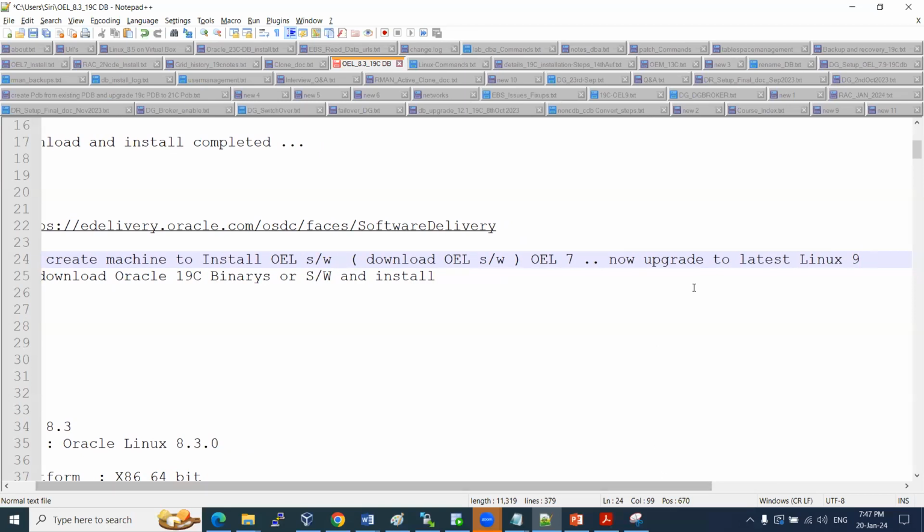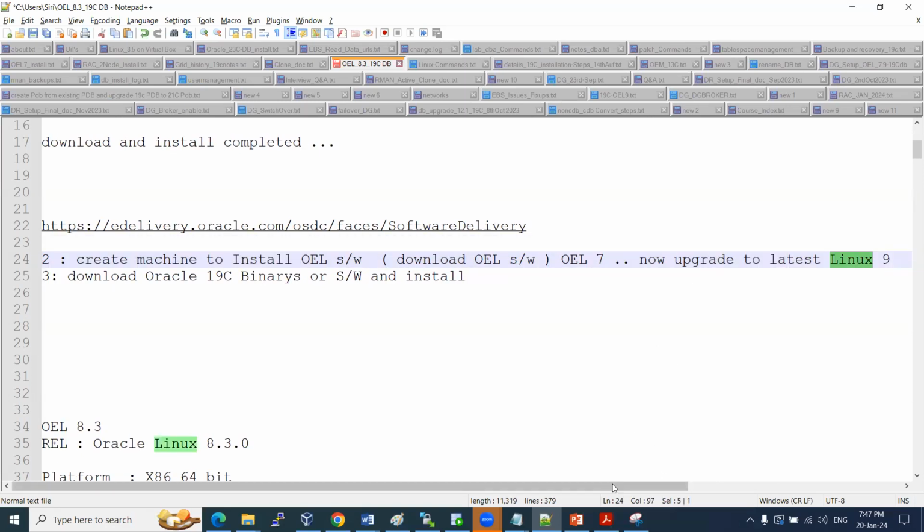Okay, the latest is 9. I'll show you that as well, which is the latest operating system. So whether this Linux operating system will be certified with my Oracle 19c database or not. Can I install this 19c database on Linux 9 or Linux 7 or Linux 8 operating systems? That is where we need to check the certification matrix. And also if the client is using different applications, whether those applications will support this Oracle 19c database software. Whether it is flexible or feasible to install on those operating systems and all. Those parameters we need to check from